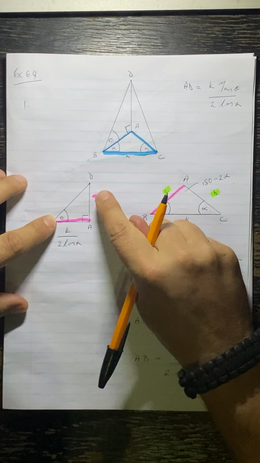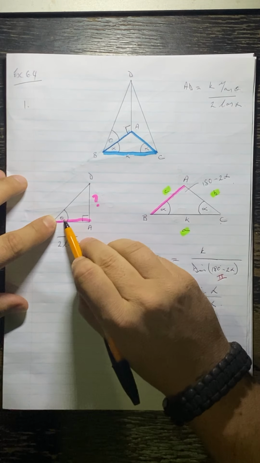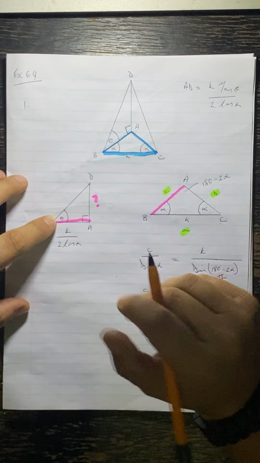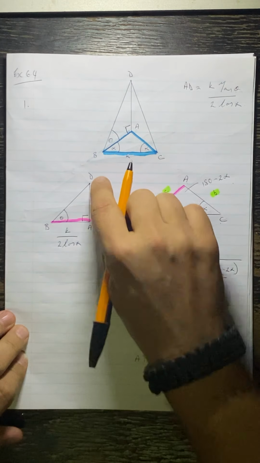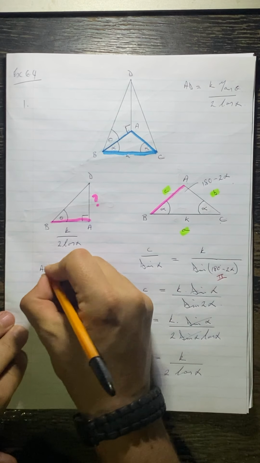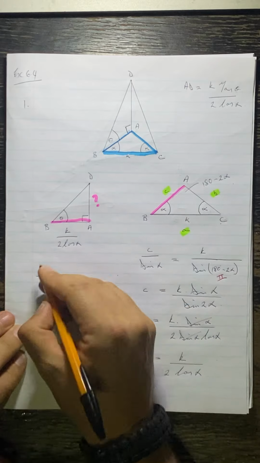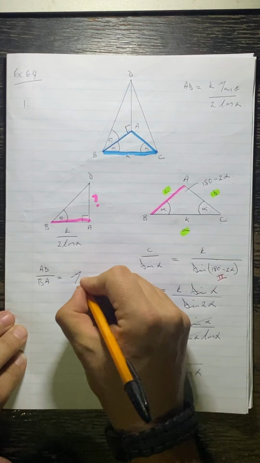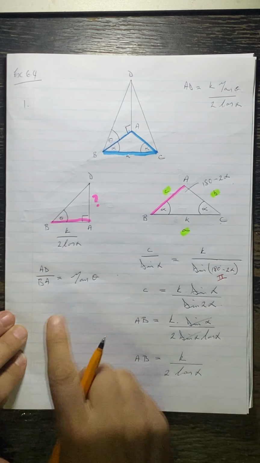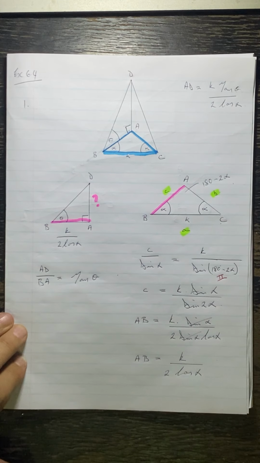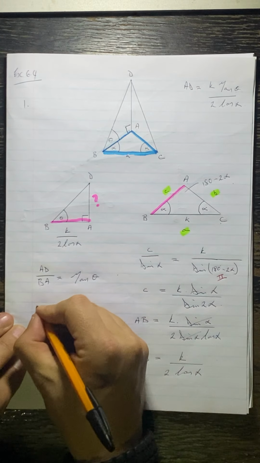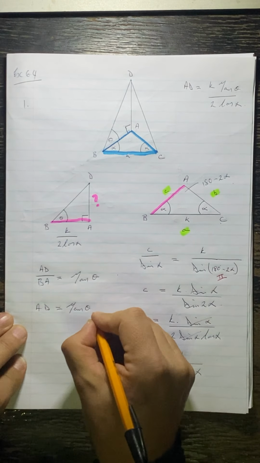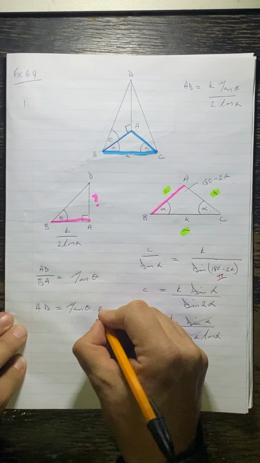From this angle, that side and this side, you see we have that combination of opposite and adjacent. So that is tan. So we've got that AD over this BA will be equal to tan theta. Okay, just multiply up by the BA, and we get that AD is equal to tan theta multiplied by BA,